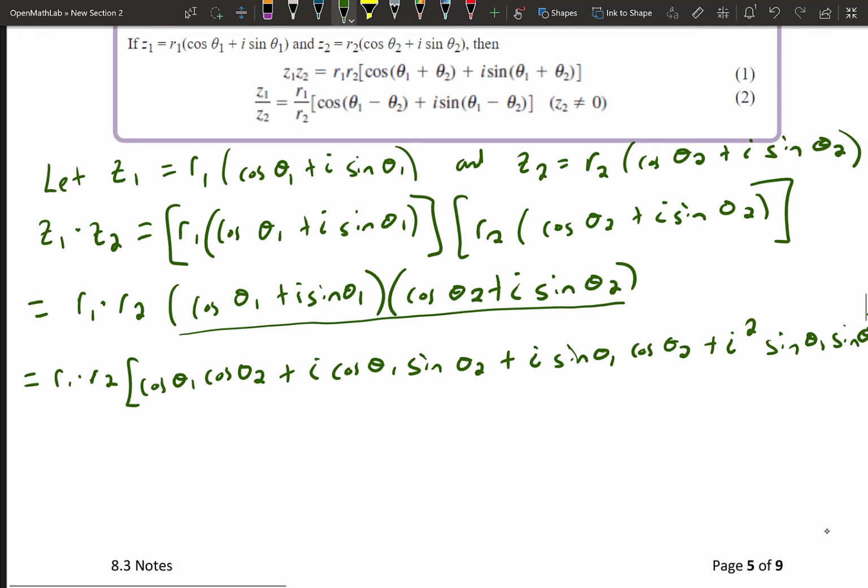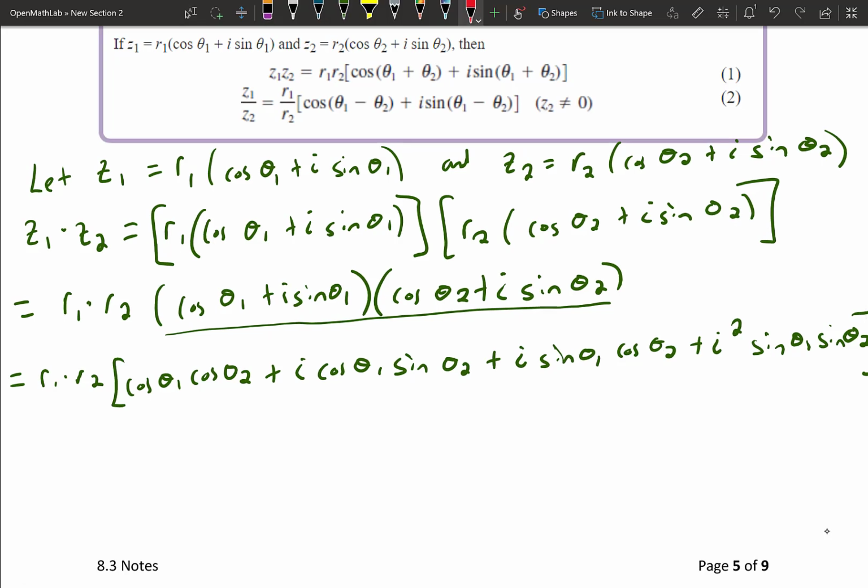Just a note that i squared is equal to -1. So this would become r1 times r2